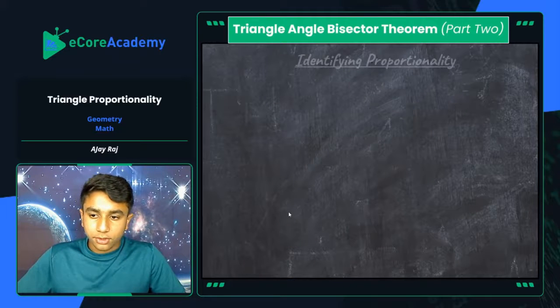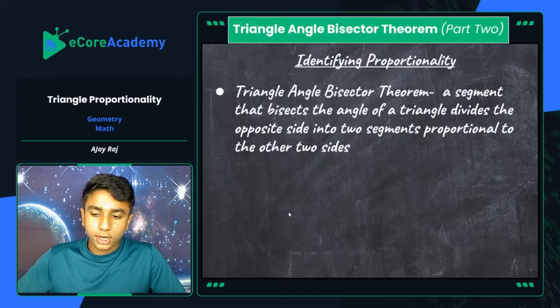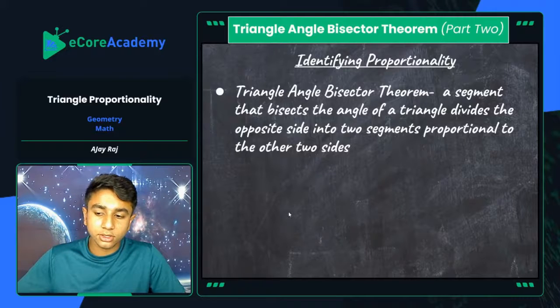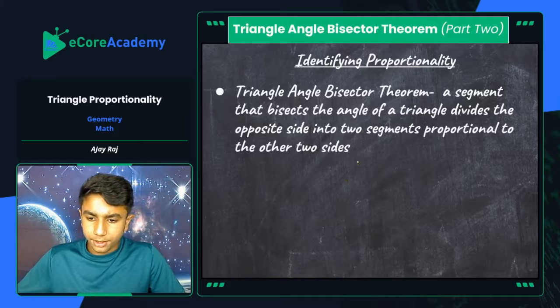Triangle angle bisector theorem part 2. Let's identify proportionality in this theorem. The triangle angle bisector theorem states that a segment that bisects the angle of a triangle divides the opposite side into two segments proportional to the other two sides. So what that basically looks like here is, if we're given a triangle here,